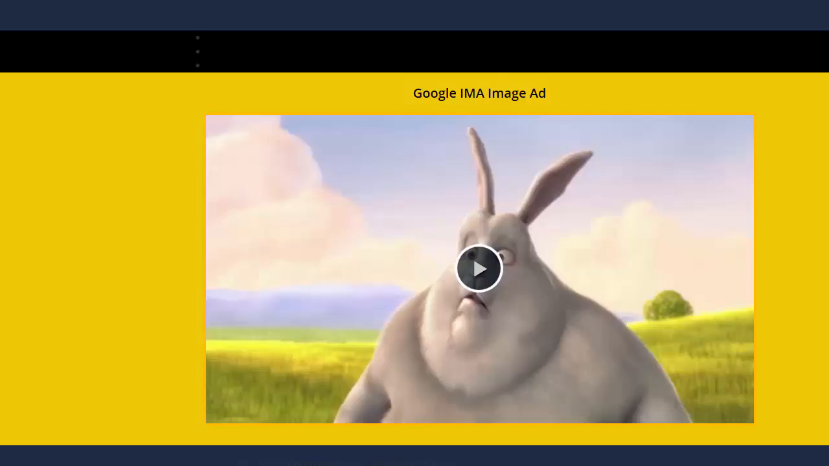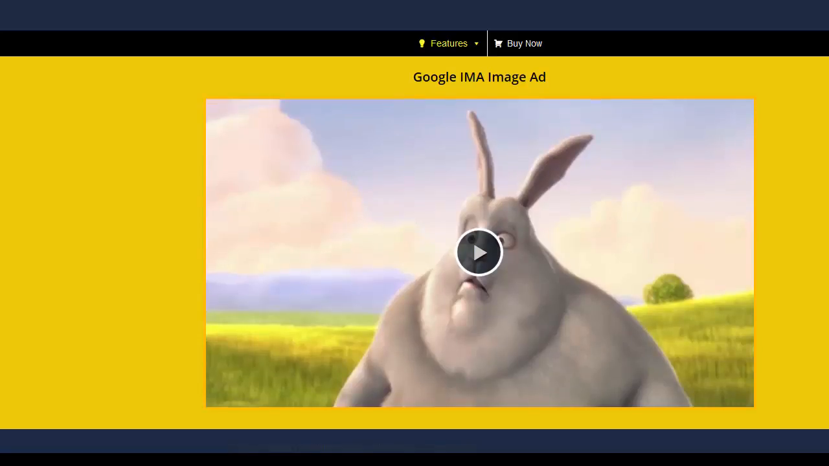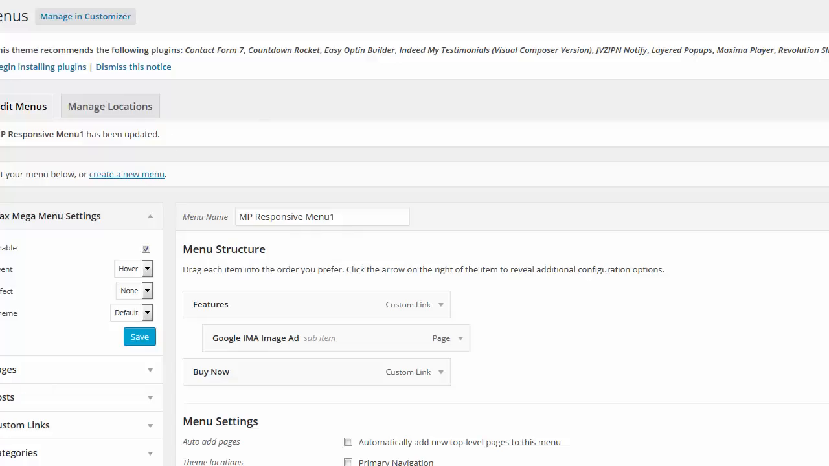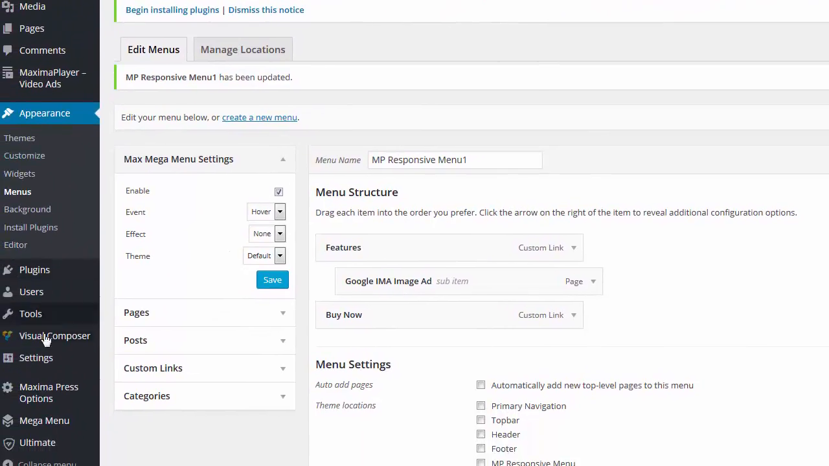Okay, that's all done. So let me just refresh this, and here it is right there, and there's the buy now button. It has a little add to cart. Now it has a little separator. If you don't want the separator, that is inside the global options of the mega menu. So if I go to mega menu,